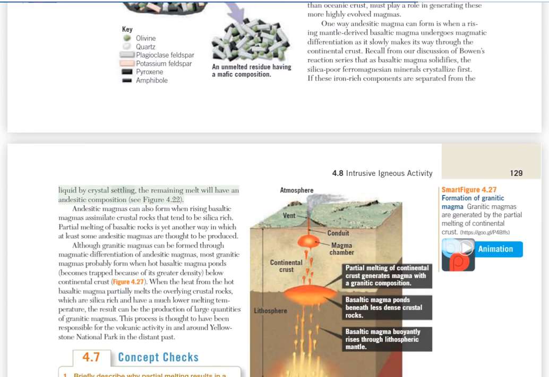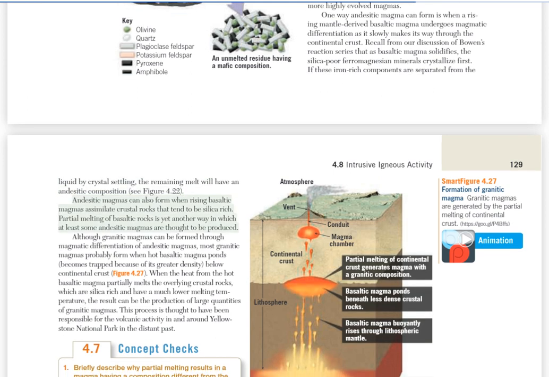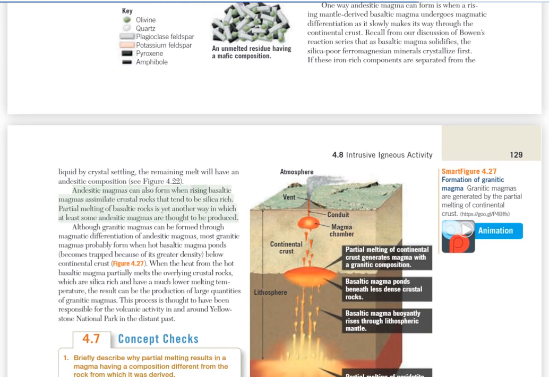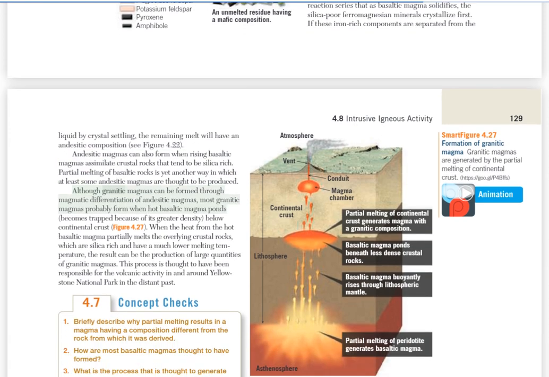Liquid by crystal settling, the remaining melt will have an andesitic composition. Andesitic magmas can also form when rising basaltic magmas assimilate crustal rocks that tend to be silica-rich. Partial melting of basaltic rocks is yet another way in which at least some andesitic magmas are thought to be produced. Although granitic magmas can be formed through magmatic differentiation of andesitic magmas, most granitic magmas probably form when hot